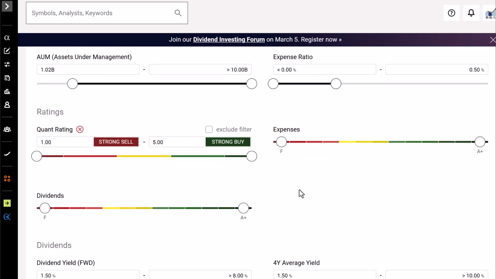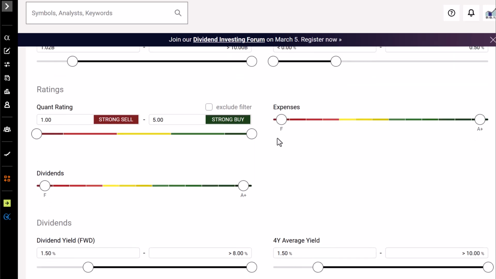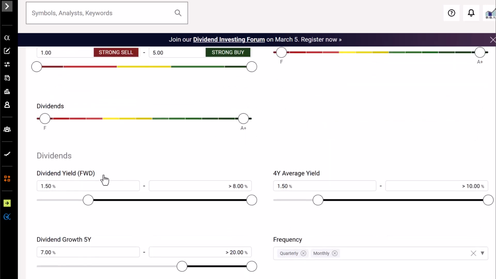Now, these are the quantitative metrics. This is for Seeking Alpha Premium. If you want to filter down by these metrics, you can do that as well. The dividends that I'm looking for is, this is a dividend growth ETF. All right. And if it's a dividend growth ETF, it should, at least in my opinion, have a 1.5% dividend yield. If you start getting down into the 1% or below 1%, then you're going to be getting more technology